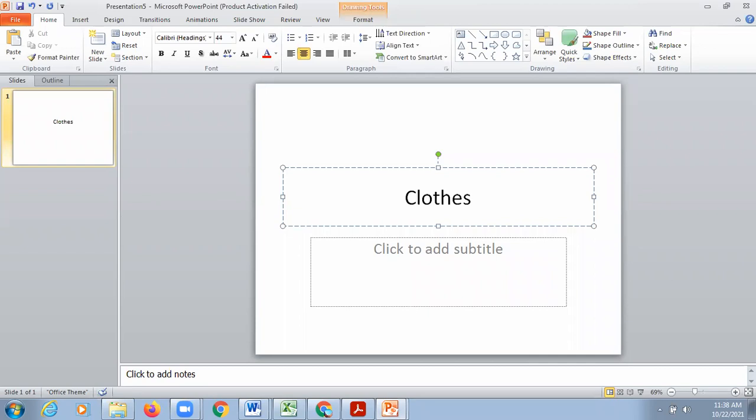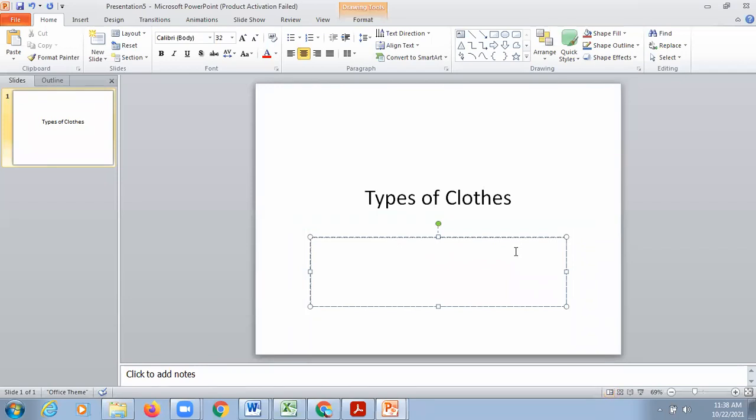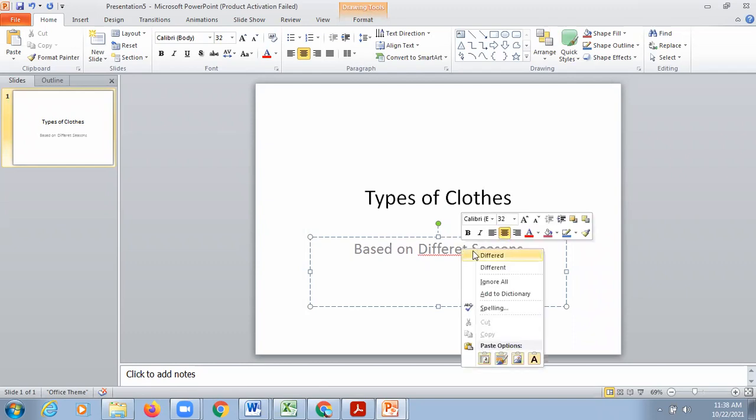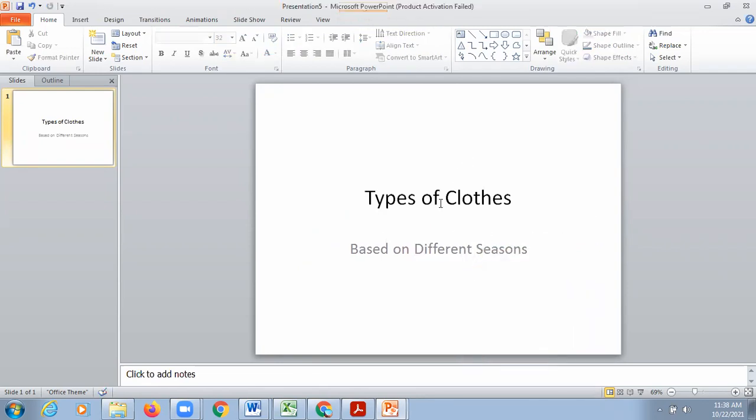Types of clothes based on different seasons. So this is my first slide.